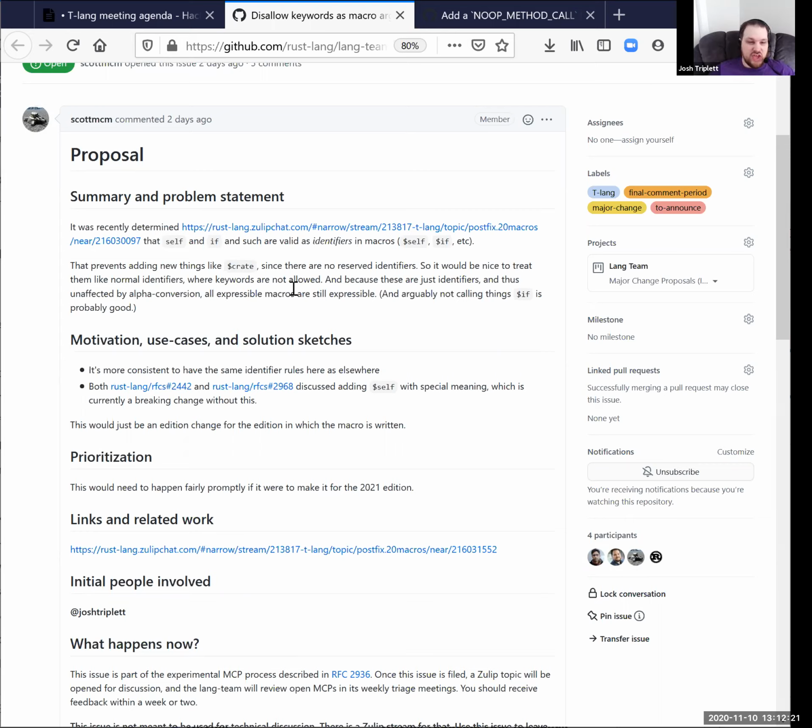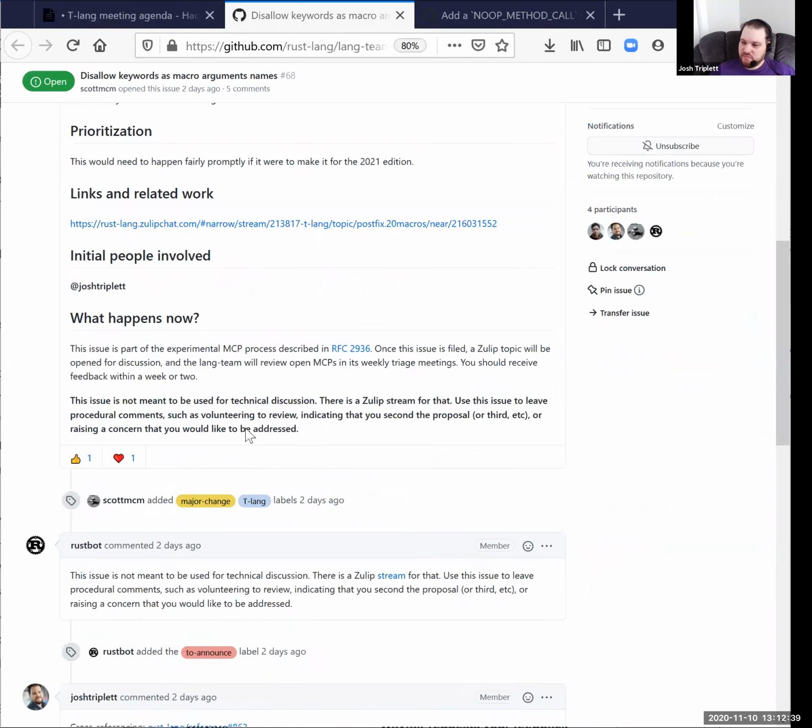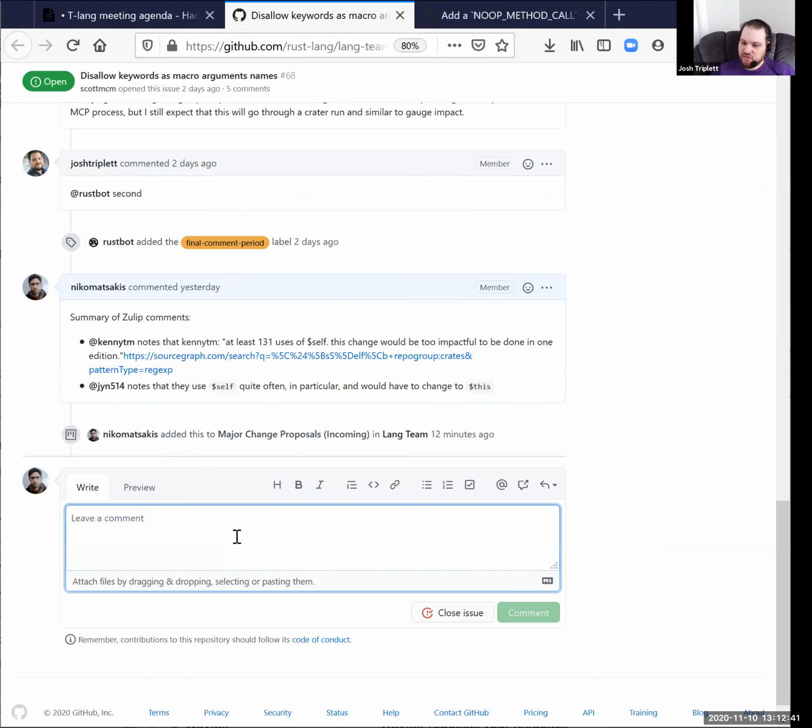Yeah. Part of the reason this came up in particular was the item we discussed a couple of weeks ago, I believe, that proposed $self and possibly $super as analogous to $crate, so that you could access items from the same crate, but instead of starting from the top level, you start from the module that contained the macro.